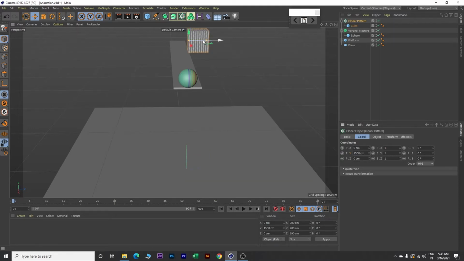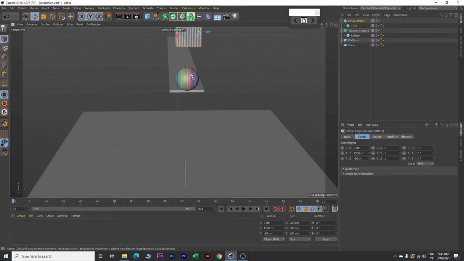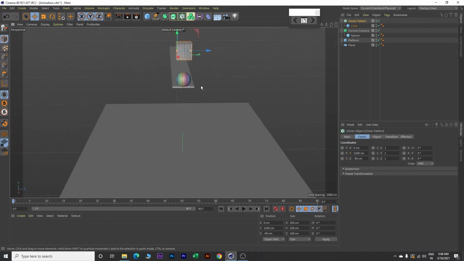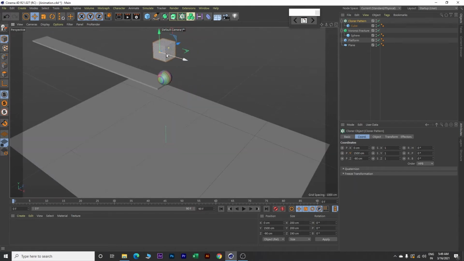Okay, so here is our cloner and next move this z value to minus 90. Look at this. Now this is how the pattern looks and this looks good. Lastly, move this pattern a little bit ahead. So change this x value to 200.